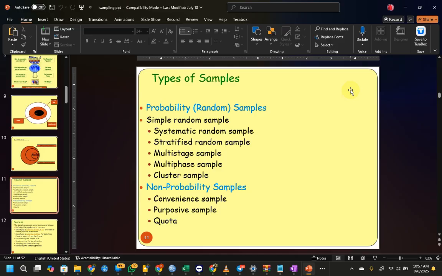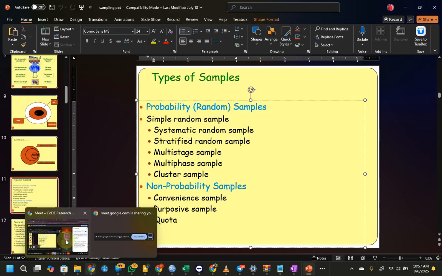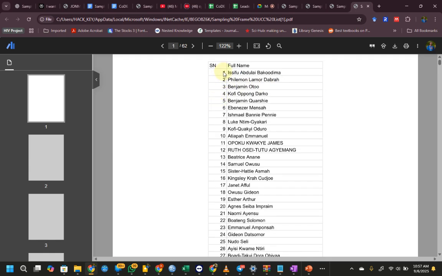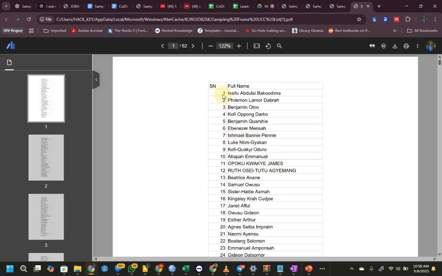Now once you've determined the sample size and you are using probability sampling techniques, you have to have the sampling frame. When you have the sampling frame and you are using simple random sampling, let's take for instance this UCC list. I've given them unique numbers all the way to the last number. You can use a random number generator. There are softwares where you put the range, from 1 to the last number, which in this case is